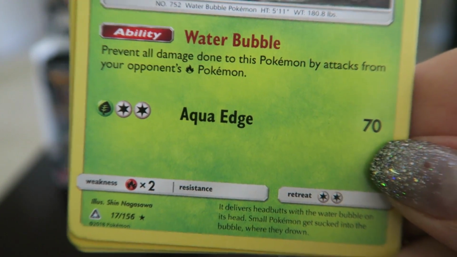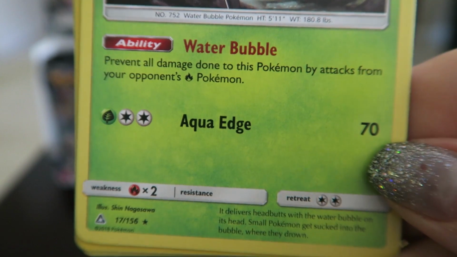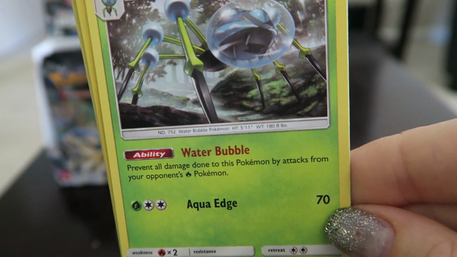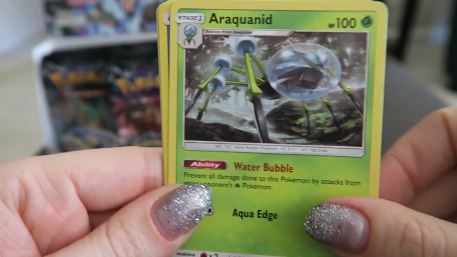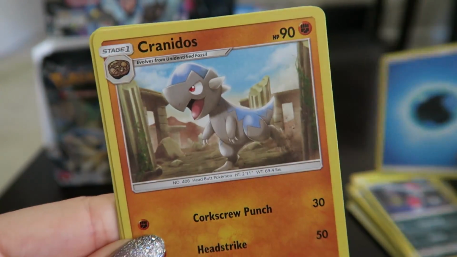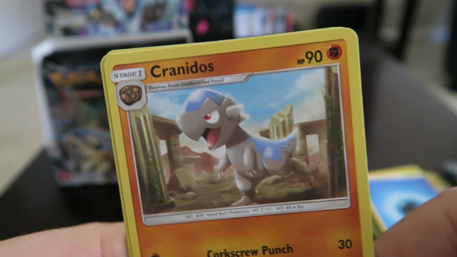It delivers headbutts with the water bubble on its head. Small Pokemon get sucked into the bubble where they drown. Yeah, I've definitely read that blurb before. Then we have a Water Energy, followed by Cranidos,